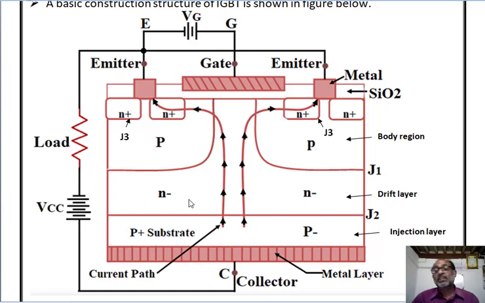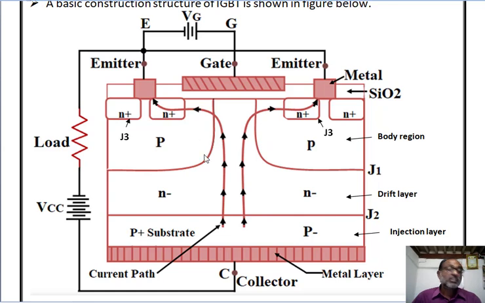Now let us see the working principle of this IGBT. The working of the IGBT depends on the biasing system used, that means biasing is required for gate to emitter and collector to emitter. So it is most important. Biasing means providing sufficient voltage or current to turn on the device.